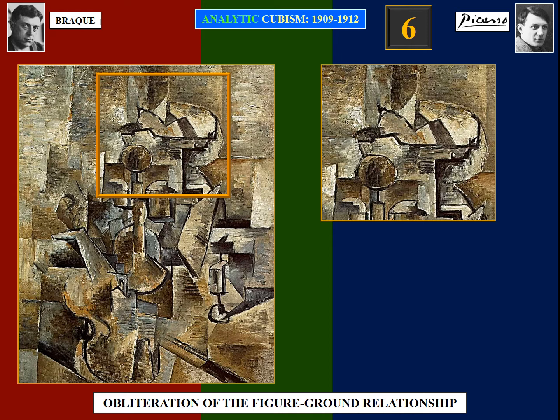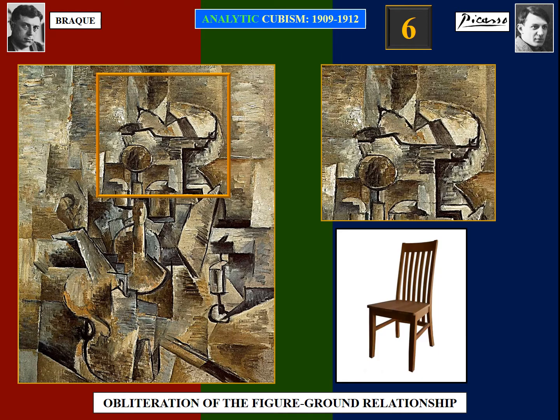The space would be considered the ground, like the background, and the objects would be the figure. Look at this. Here we have a chair in space. We see a sharp separation between the figure and the ground, the object and the surrounding environment,